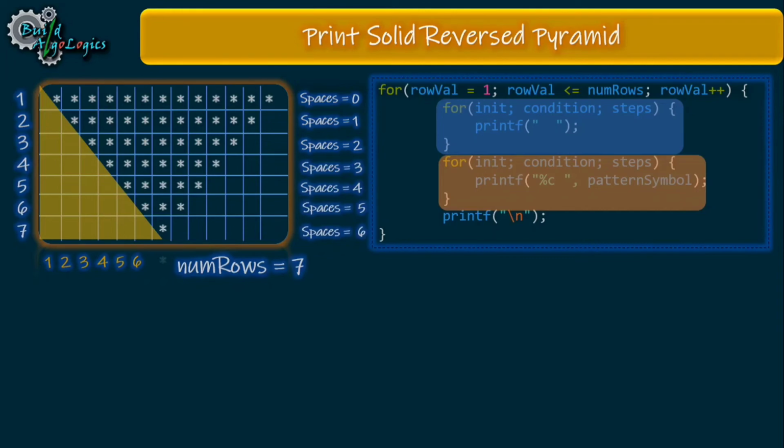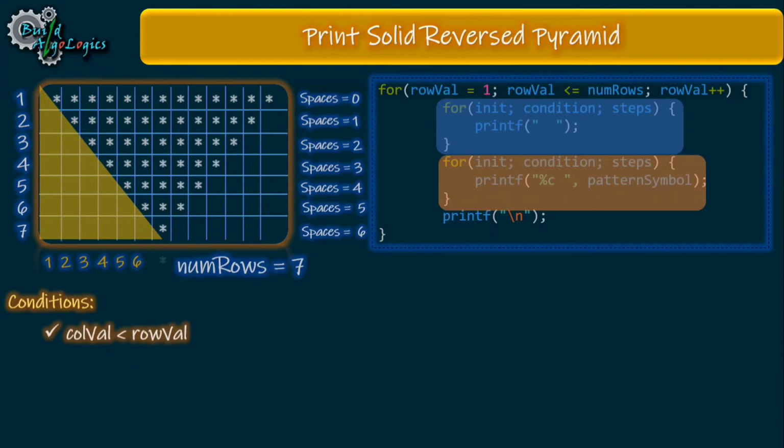As the number of rows is 7, our outer loop will run 7 times like this. The row value varies from 1 to 7, like for the first row the value is 1, for the second row it is 2, and for the third row the value is 3, and so on. So we can use our condition like this.